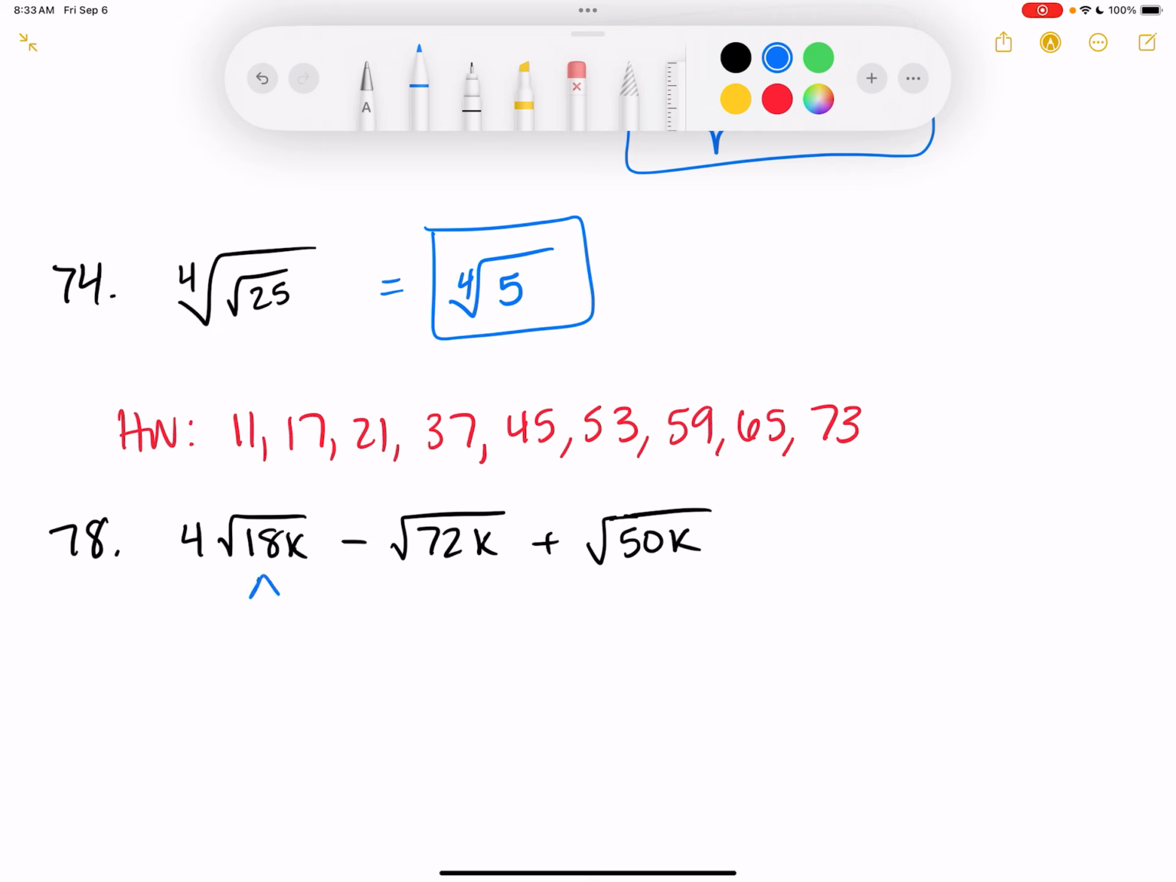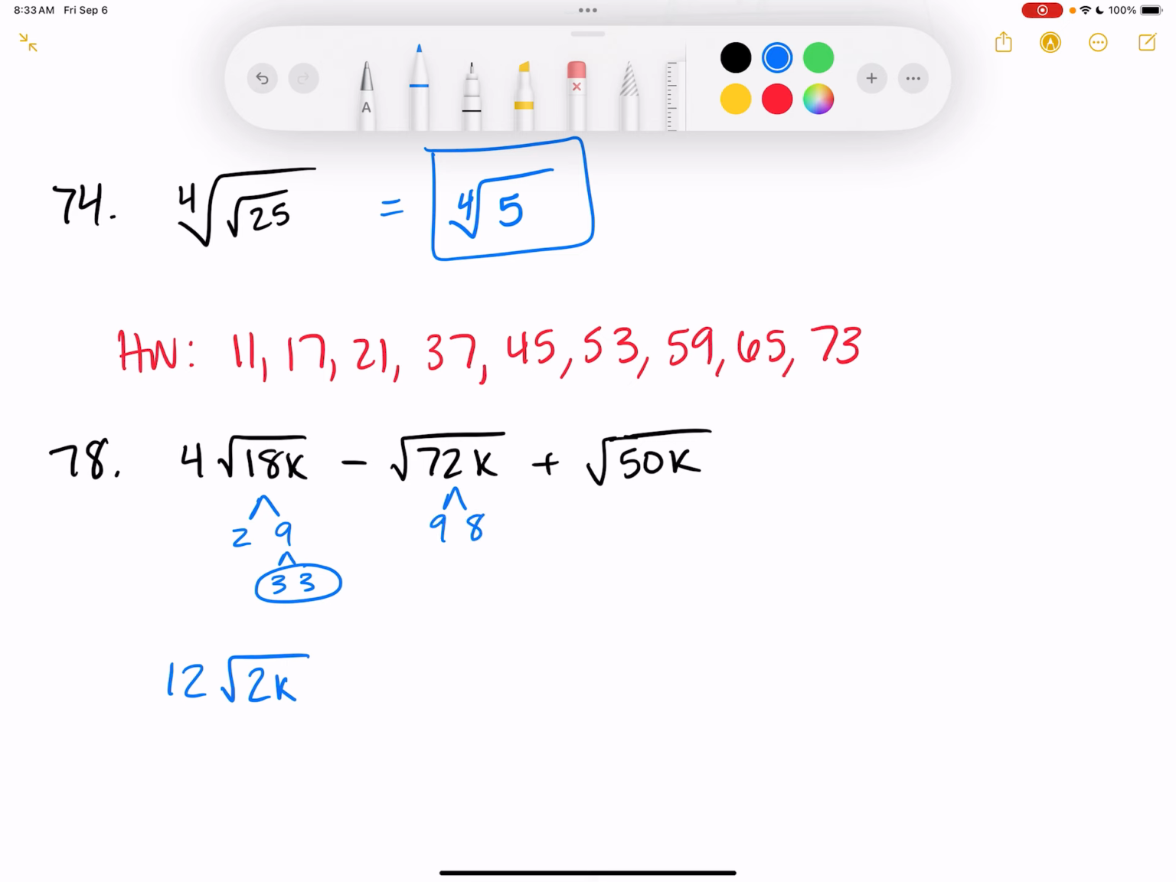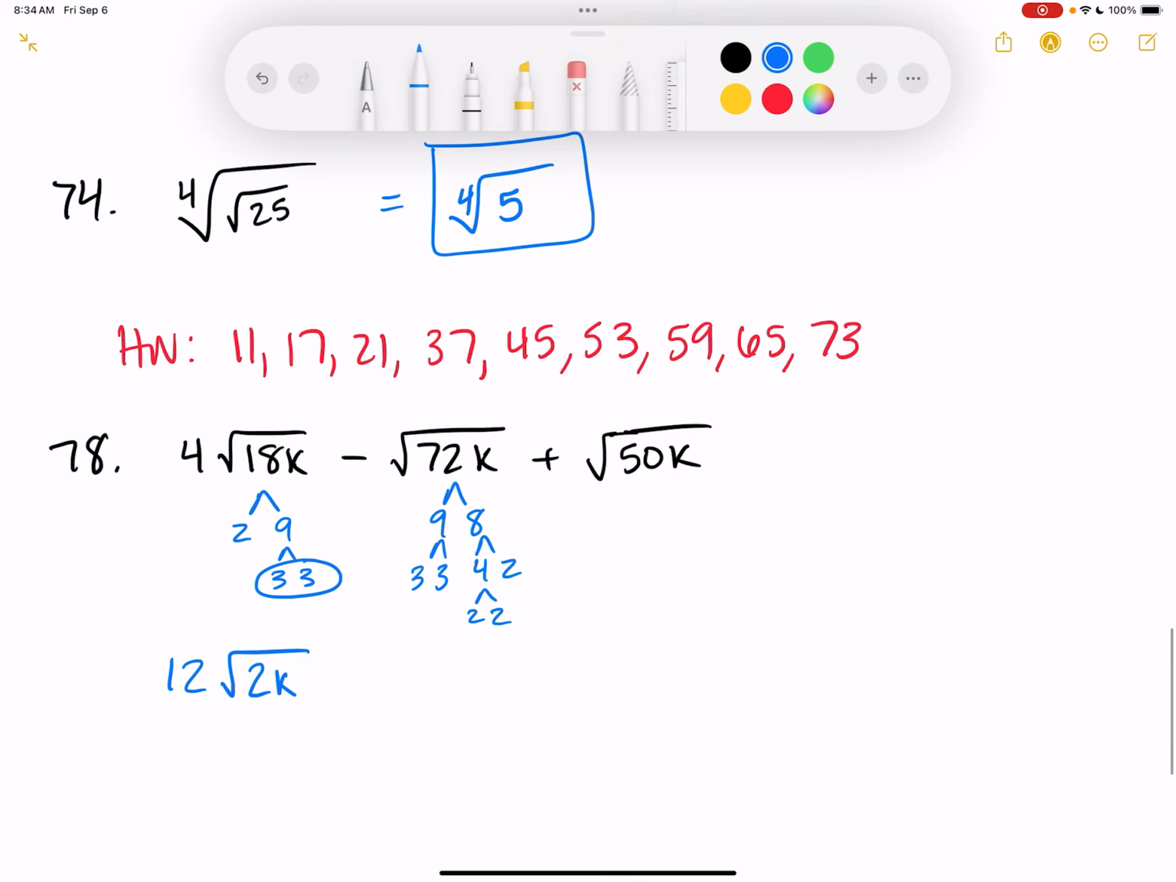Now I need to break down 72. How do I break down 72? 9 and 8. 9 is 3 and 3. 8 is 4 and 2. And 4 is 2 and 2. So that means I can take out a 2 and I can take out a 3. And then I'm left with a 2 inside. So this is going to become minus 2 times 3, so 6, square root of 2k,